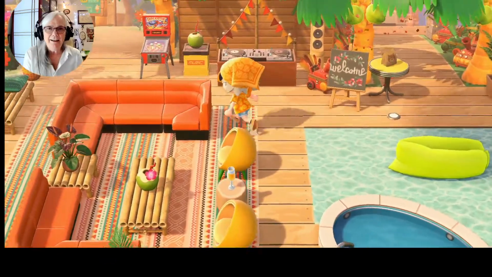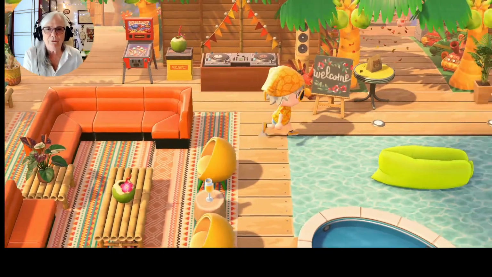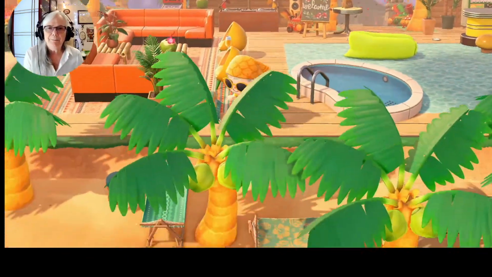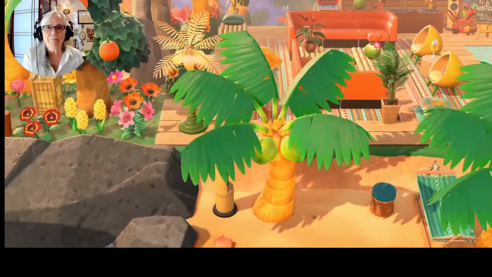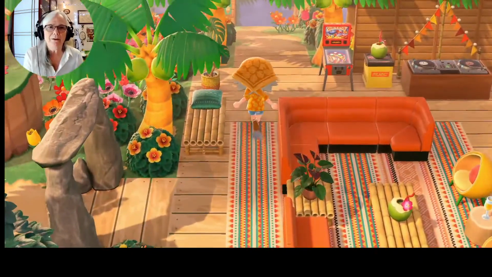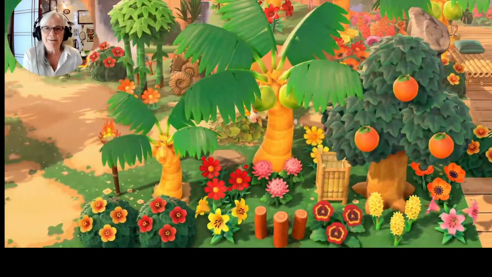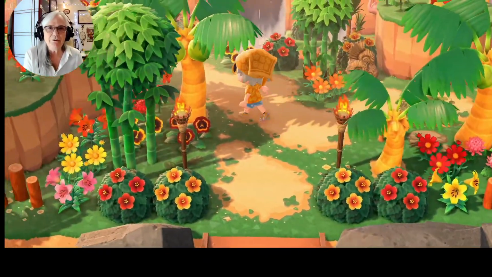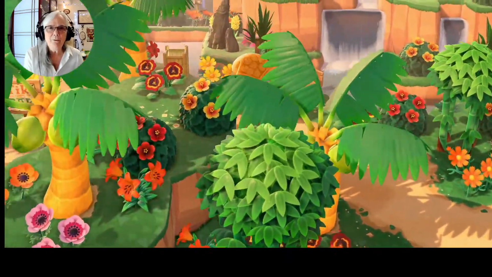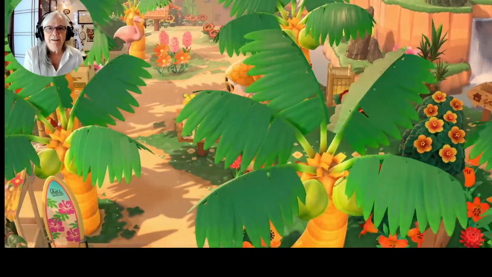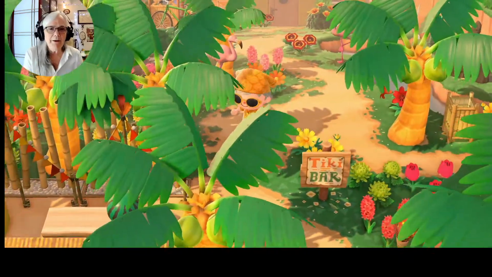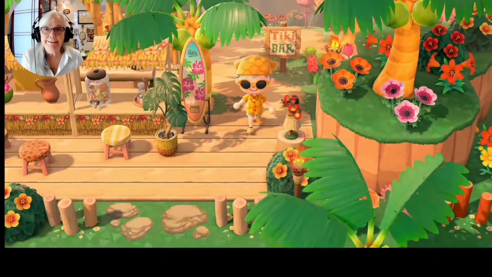And look at the great use of all these fruit-related things that you can make. You know, I never know what to do with all those DIYs. All right, so we're just going to walk around. Tiki torches, beautiful waterfalls. Here's the tiki bar. Are you over 19?